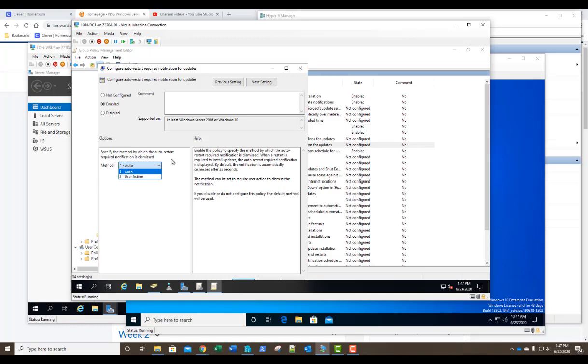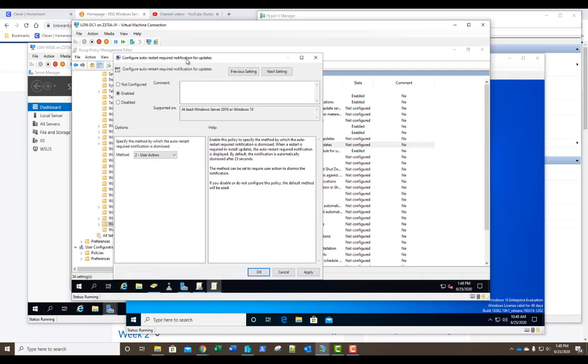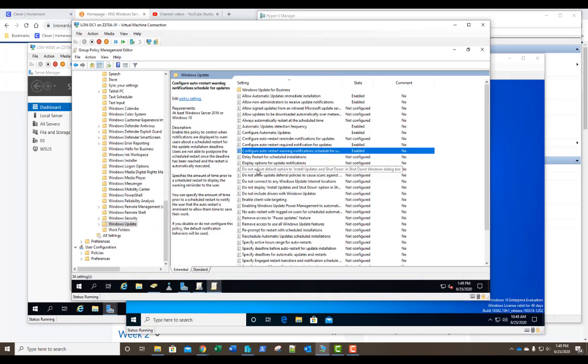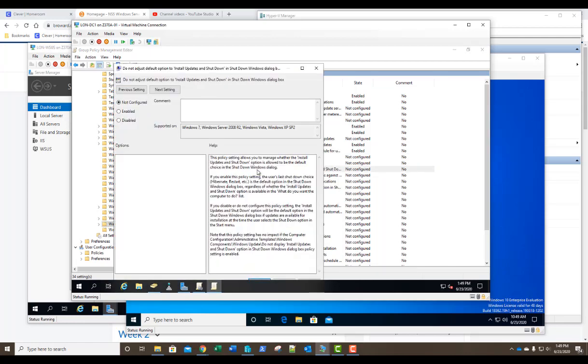Can it be automatically dismissed after 25 seconds? Well, what if the user's not looking at the screen at that particular time? If they stepped away for a break or whatever it might be. We're going to select user action. This way the notification is there until the user dismisses it. We click OK. Next, let's take a look at the Do Not Adjust Default option to install updates and shut